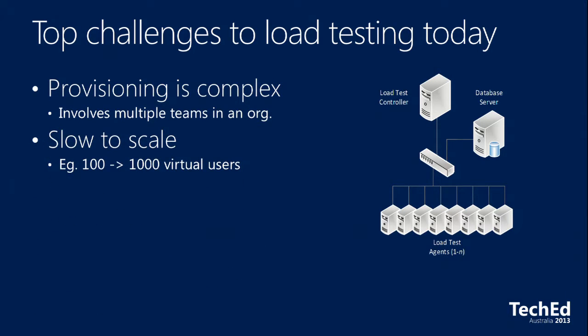Slow to scale. So if we go in there and we set up infrastructure for 10,000 concurrent virtual users, and we're going along there and life's good, and then management go, actually, we want 20,000. What are you going to do to sort of double that load? Well, potentially you've got to go out, buy twice as many servers, get them installed, get them set up, get them put into the controller configuration, and that's going to take, I don't know, let's call it a week. If you've got to get on the phone, get to your supplier, they've got to have stock of the servers that you've got there, you've got to get them delivered, get them racked, all those sorts of things. It's a week to increase the size of the load we can generate.